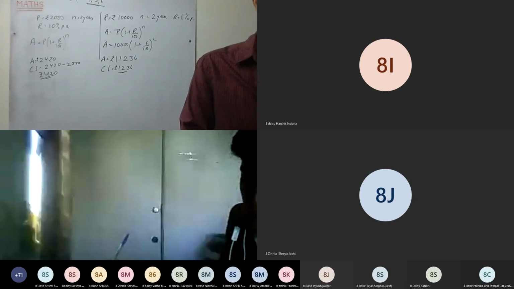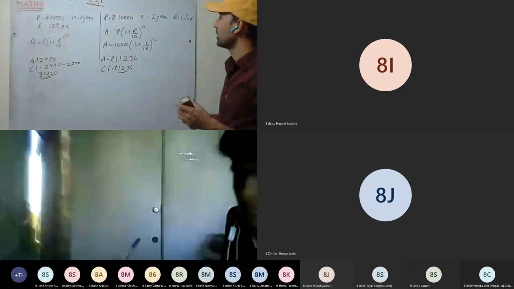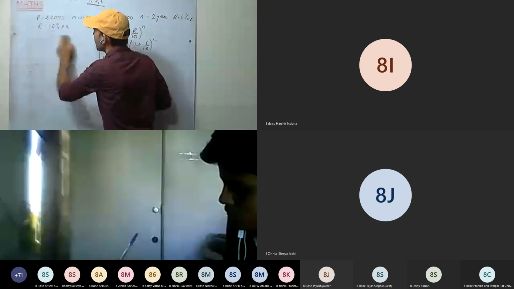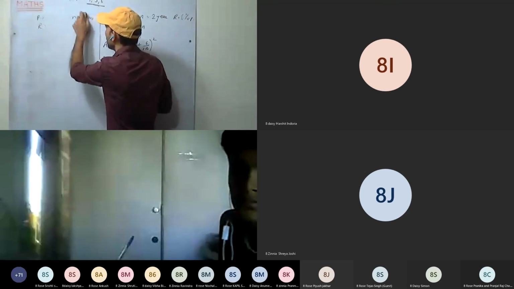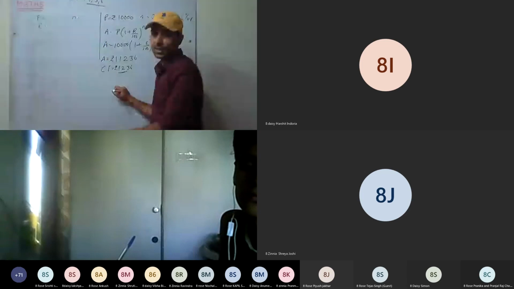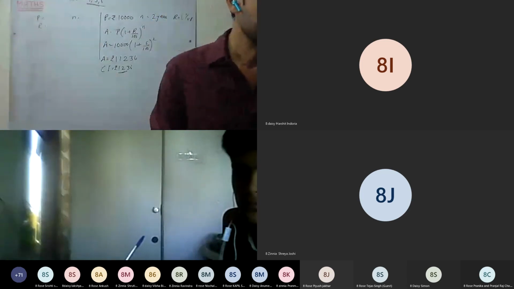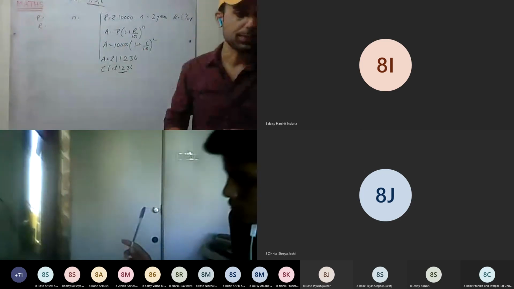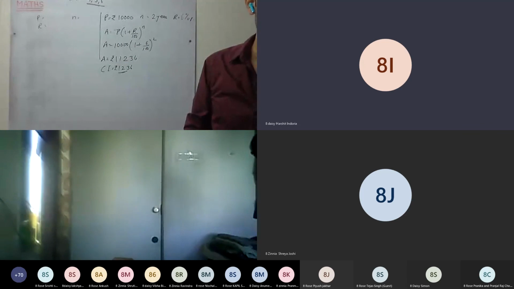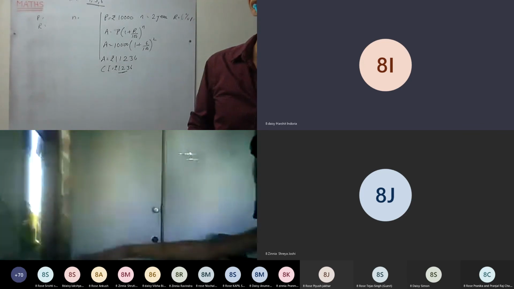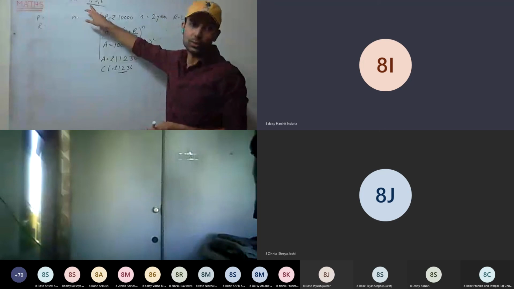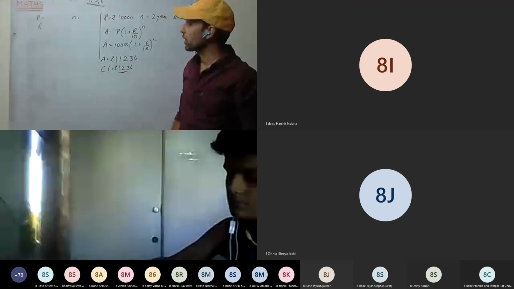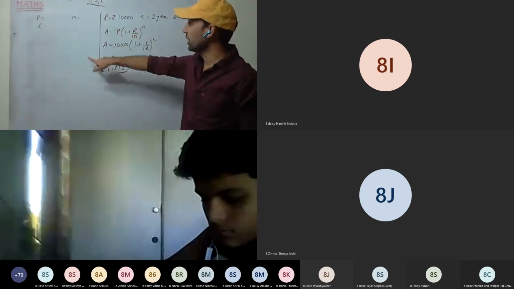4, 5, 6. Okay, 7th, what you will do? In 7th, n is 3. The time period is 3 years. So we have to take cube instead of square. Fourth, fifth, sixth, do those questions as homework. They are very easy questions, on the same pattern as first and second. Even the time period is the same, so only square you have to do.